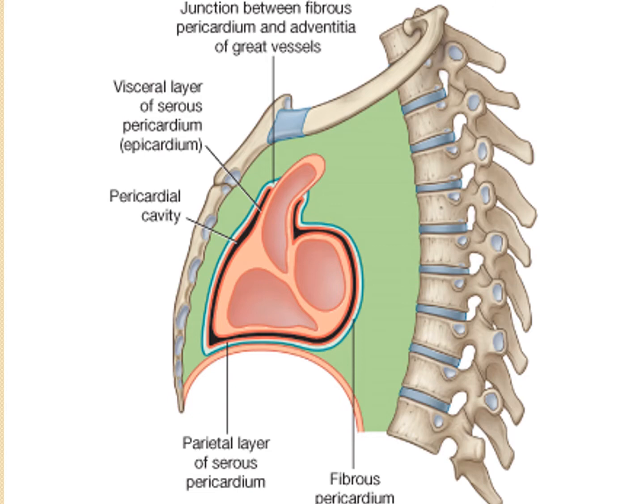Now the relations of the fibrous pericardium. In front there is the anterior thoracic wall, separated by the anterior margins of both lungs and the pleura. Below, there is direct contact with the left half of the lower part of the lower two pieces of the body of the sternum. So these are the fibrous pericardium and its relations.